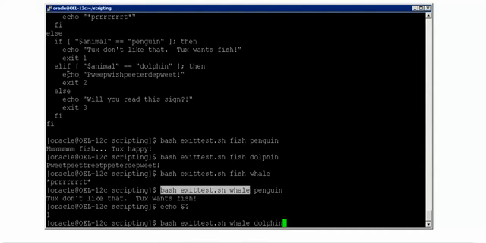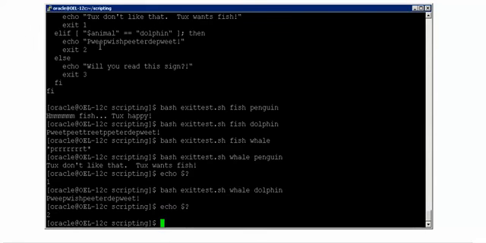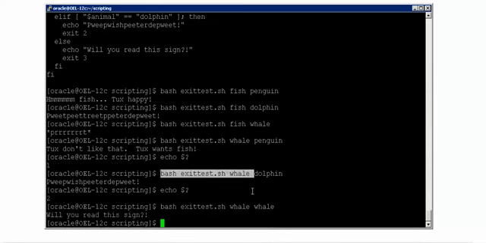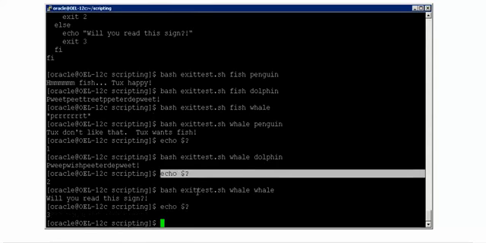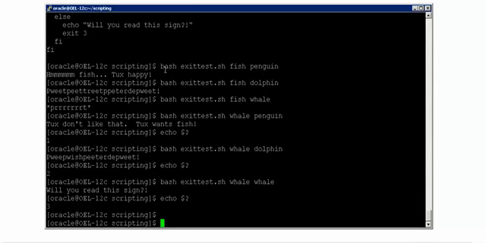Now if you say whale and then dolphin, it will show you the echo value as this, but exit is 2. When I say exit is 2, that means the $? value has become 2 for it. Similarly, if you say something else like whale and whale, now you are definitely seeing the echo value, but what does exit followed by a value show you? The $? value of the earlier command is whatever you pass in here. That's the beauty of it. So you can even control and say whether your earlier command has been successfully executed or not.